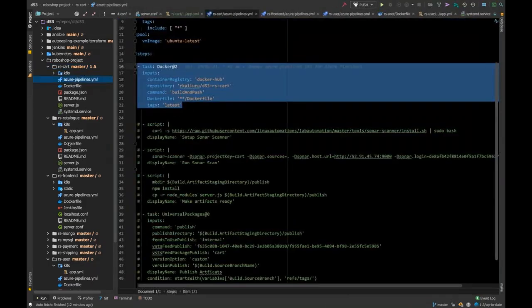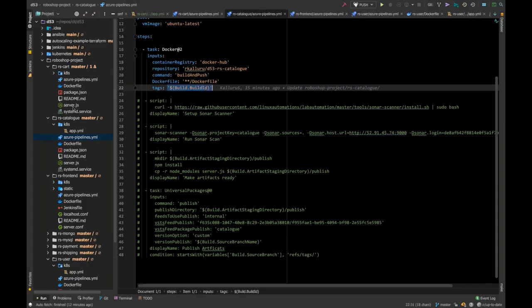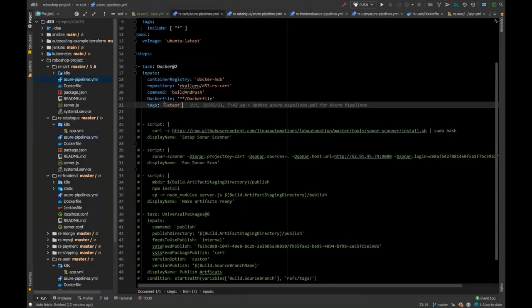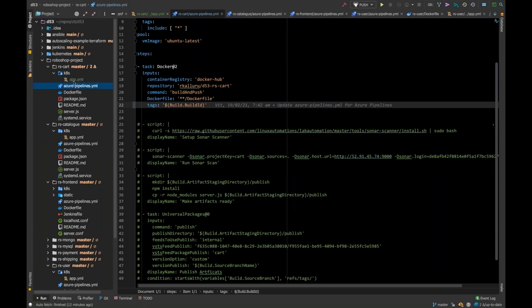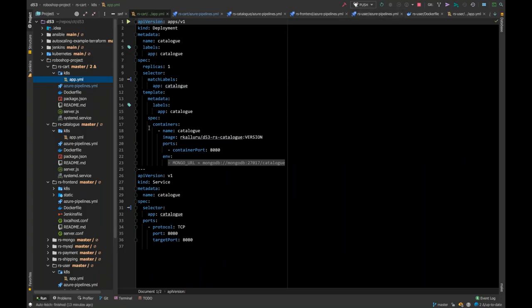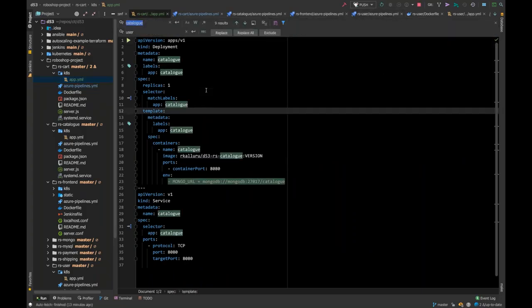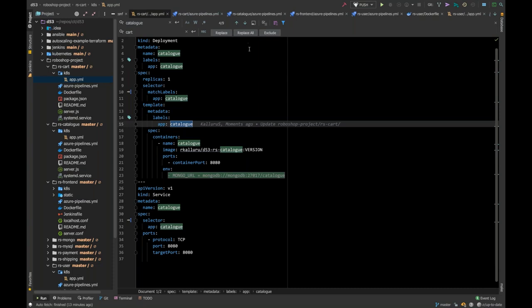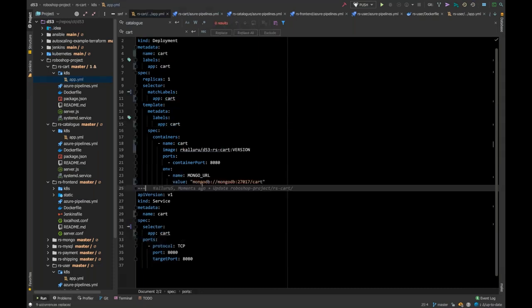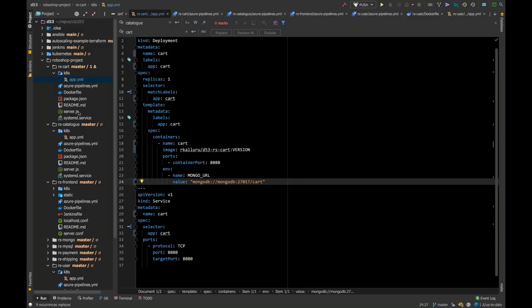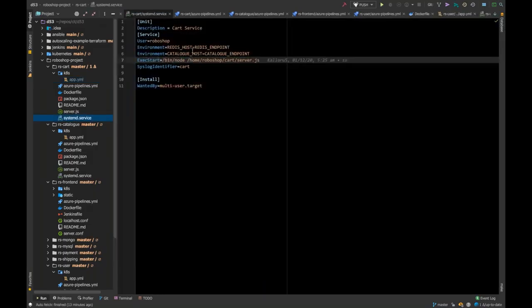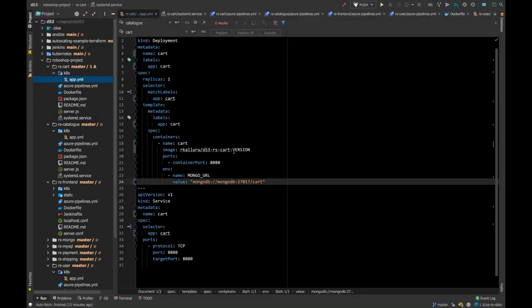So you'll go to cart, copy this and paste it here. Azure pipelines also need some change, the build ID. This is fine. And in the kh.yml file, you're going to find catalog and replace it with cart. Okay, replace all. Here this doesn't really require MongoDB, so it actually looks for Redis underscore host and catalog underscore host. Redis underscore host is Redis hyphen headless,